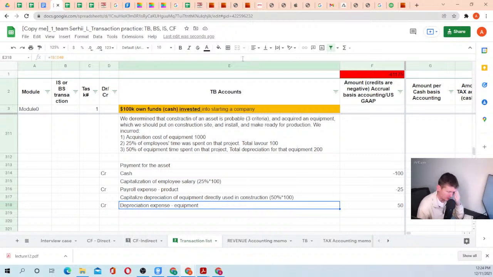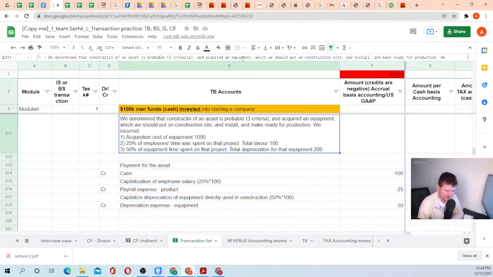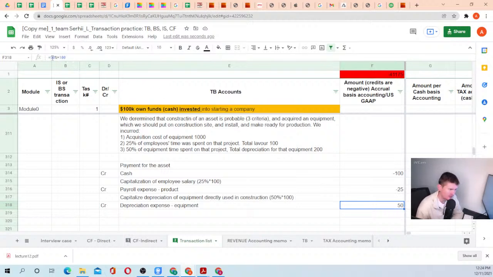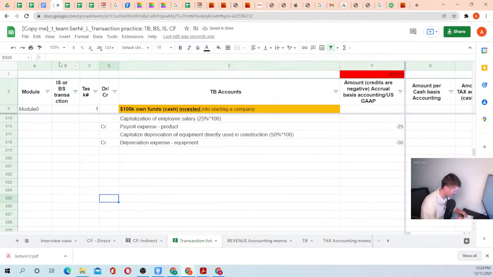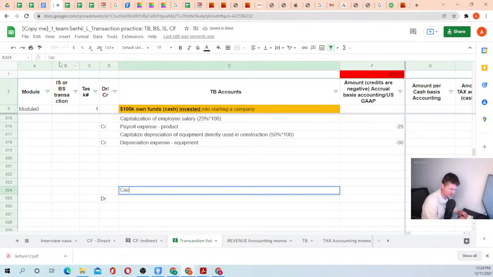Let's think what else can we do here. Okay, that should be negative. As you can see, we credit our expenses. We reduce our expenses. Let me go to, because I'm going to add calculate